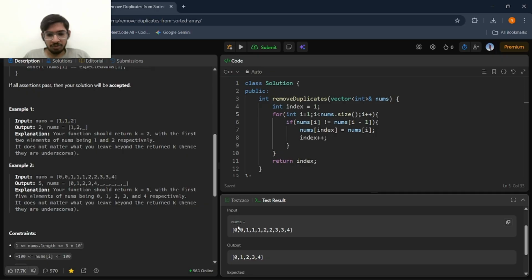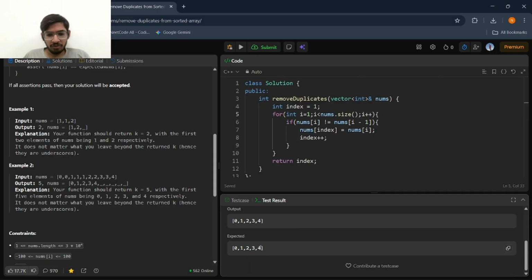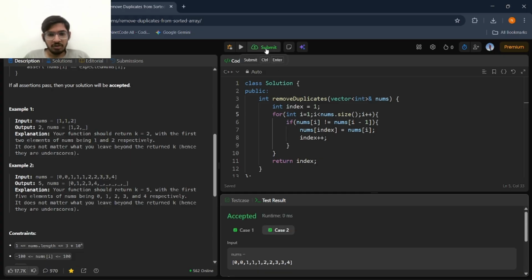Nums input is 0, 0, 1, 1, 1, 2, 2, 3, 3 and 4. Output is 0, 1, 2, 3, 4, 5 values. Code submit.